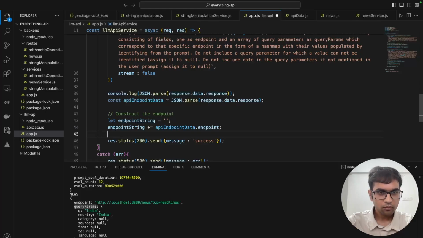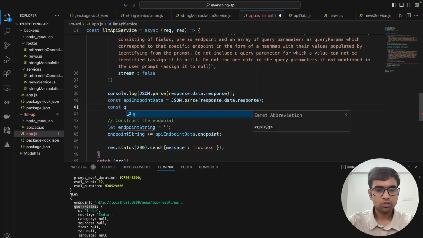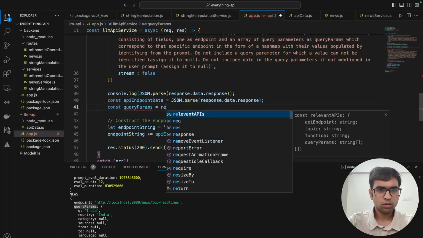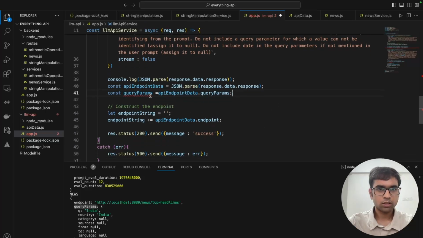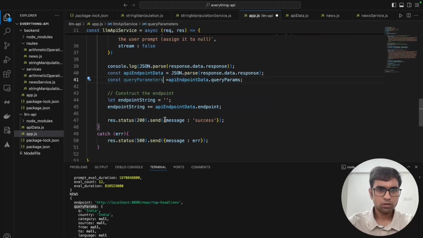So what we'll be doing is we will first get the array, const query params equals API endpoint data dot query params. Once we get these query parameters, what we can do is we can just check if,